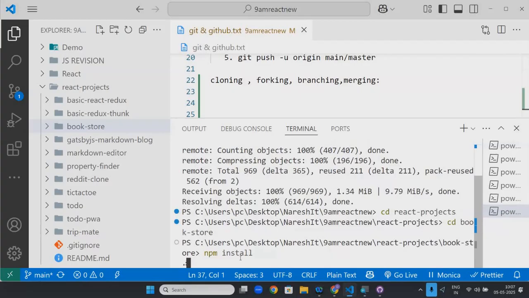Sir, to public repos, can we commit our changes? Yes, I will tell you next.